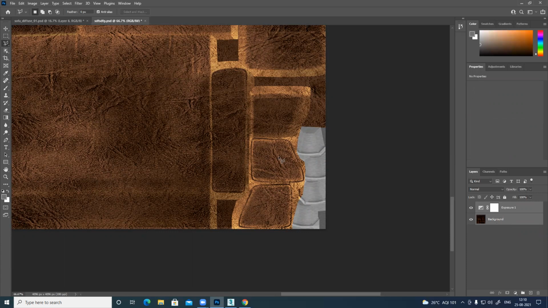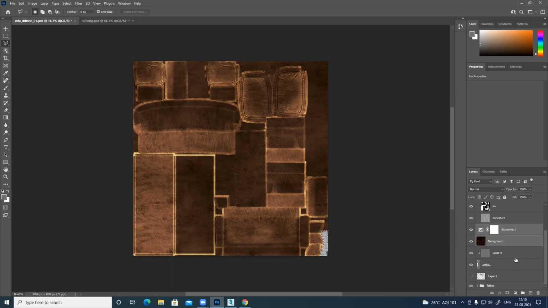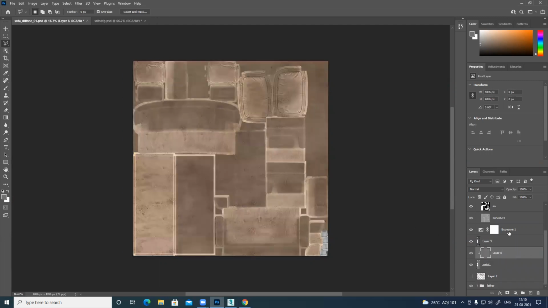Okay, let's make the selection here, or I will simply drag and drop these two here. Scroll down, metal, select that section, Control J. The selection is there, select this one, Control J. This one I can delete, not required.